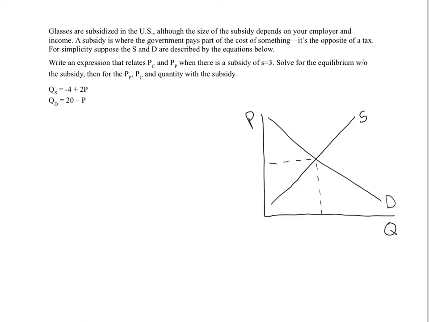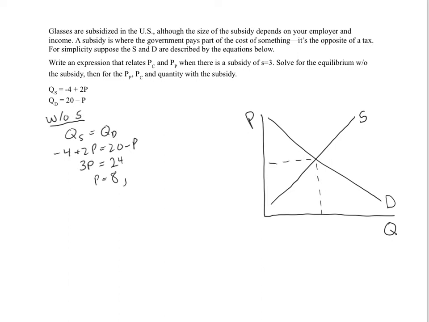All right, so the first thing we can do is do without the subsidy. So I'll call that without S, and we'll set QS equals QD. We get negative 4 plus 2P equals 20 minus P. You put all the P's on one side, so we have 2P plus P. That gives us 3P. Put all the numbers on the other side, so 20 plus 4 when we bring the 4 over. So that's 24. So we get a price of 8,